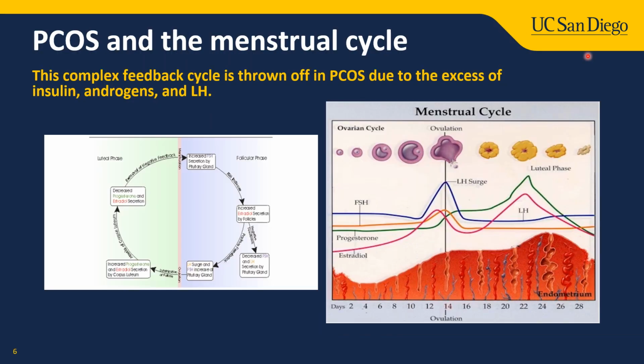So it's important to understand the menstrual cycle with PCOS. This is a complex feedback cycle and is thrown off in PCOS due to the excess of insulin, androgens, and LH. We're born with all our eggs, and each month a group of follicles rise to the surface of the ovary, each of those containing an egg. So think of that picture we saw with the PCOS ovary and the regular ovary. Those little dots are the follicles. One follicle is selected, and in that follicle, that egg will mature with the FSH that's released from the pituitary gland in the brain, and that growing follicle releases estrogen or estradiol, and that estradiol will increase the thickness of the lining, and eventually it gets